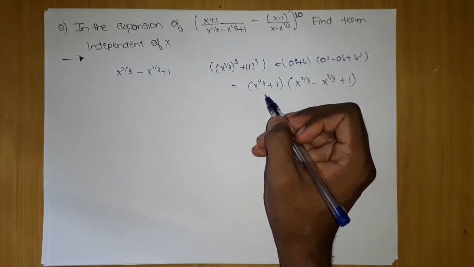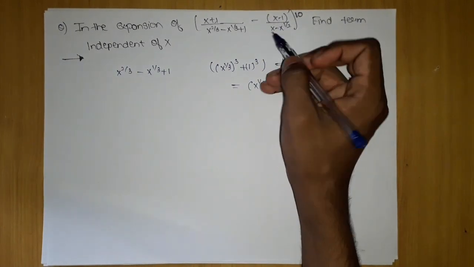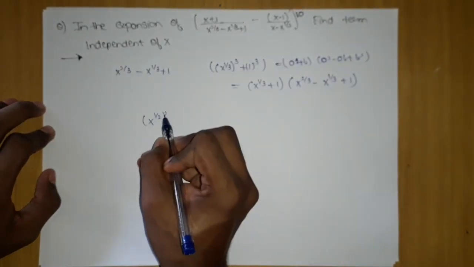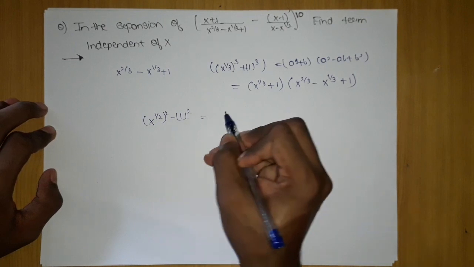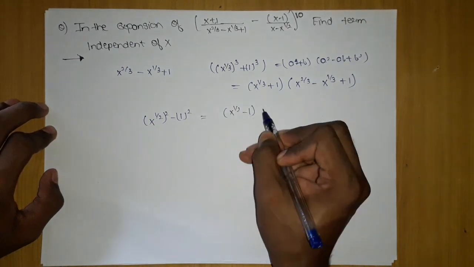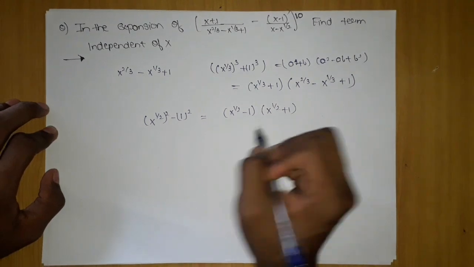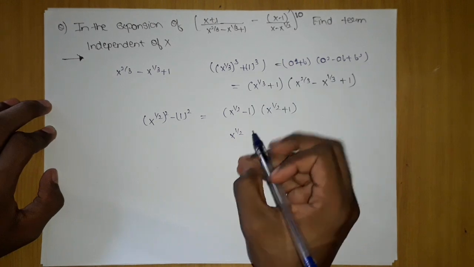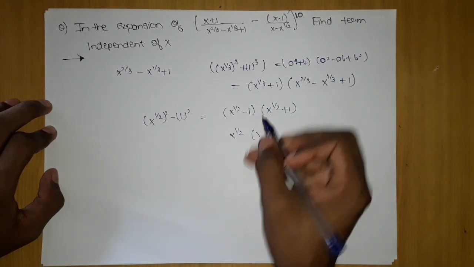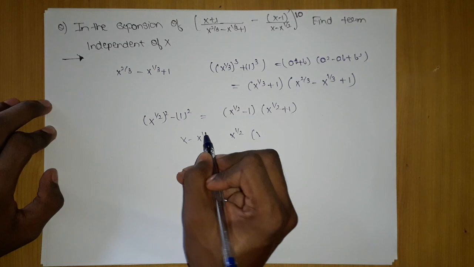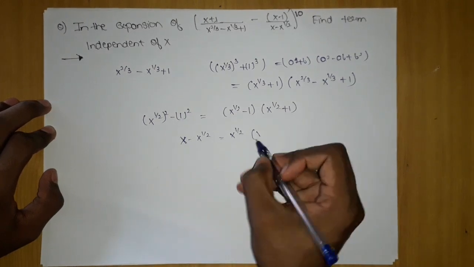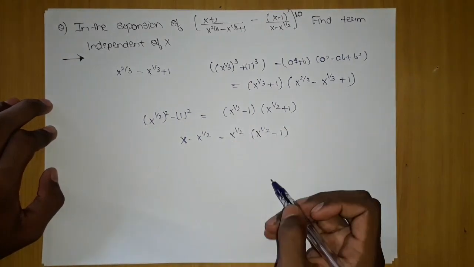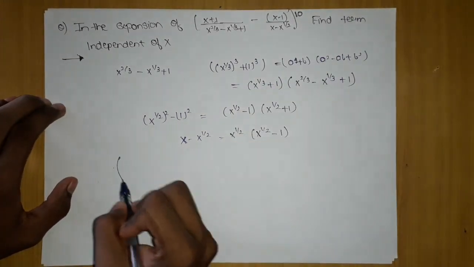Similarly here, if you see this x power 1 by 2, we need 1 by 2 power. So what we are going to do, we are going to write it like this, minus 1 power 2, which we can write as x power 1 by 2 minus 1 and x power 1 by 2 plus 1, right? Now here we don't have x power 1 by 2, so we are going to take x power 1 by 2 common from this x minus x power 1 by 2. If we take x power 1 by 2 common, x power 1 by 2 will be left minus 1. So now you can see these two will cancel out. Now let's apply this in this. So the expansion will be what?